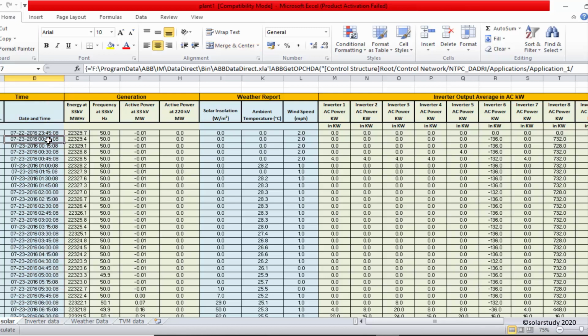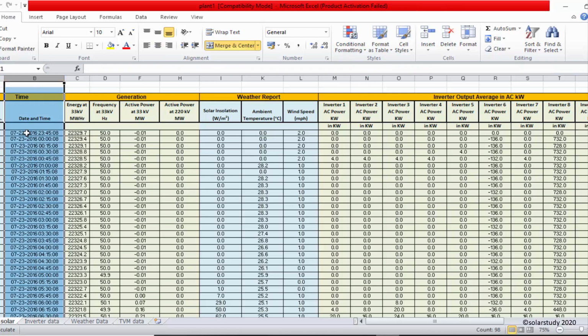Then after it will take 0 minutes, then again after 15 minutes, then after 30, then 45, then 1. So this data acquisition is happening every 15 minutes.